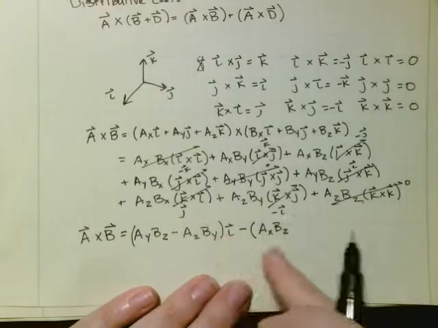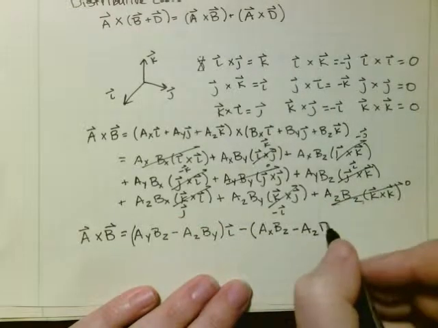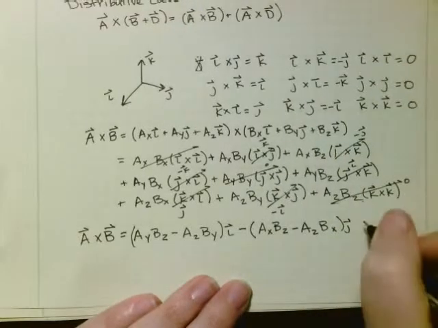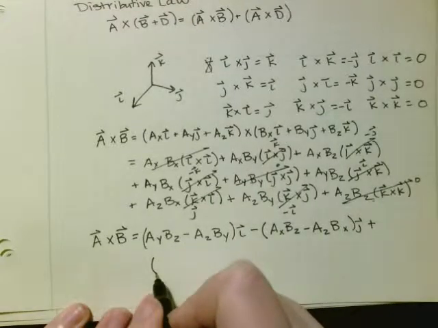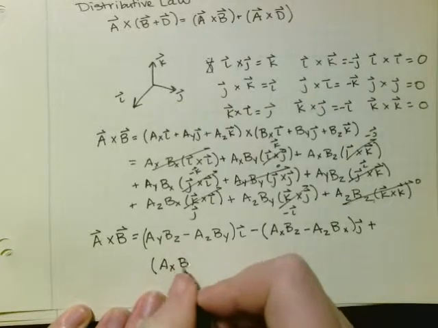This is a positive J, but we've minus, so it's going to be minus AZ BX multiplied by J, and then all the K, plus our positive K, AX BY